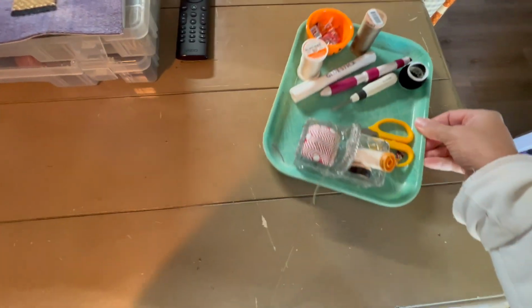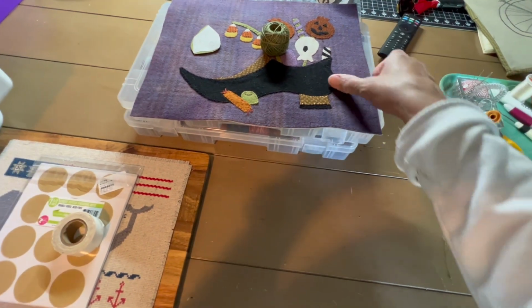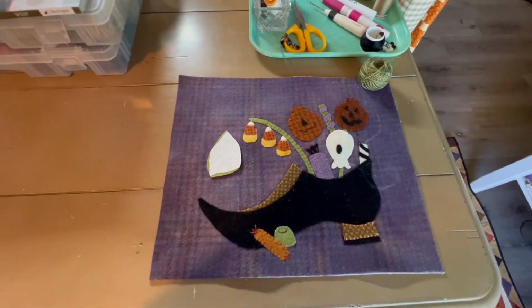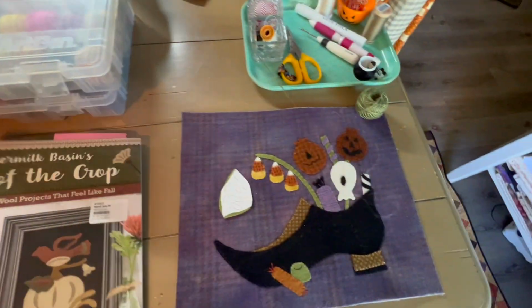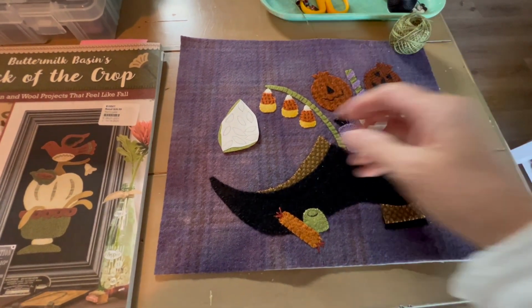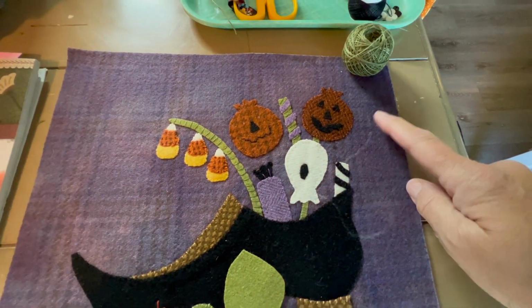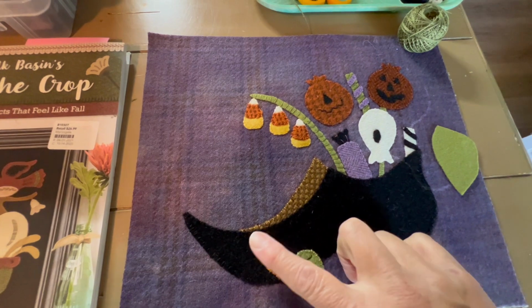So here's my little tray of just some supplies I'm using. Look at my little cup with the pumpkin face. Okay, so I've been working on this, and I showed this to you guys last time. I've trimmed it down just a little bit. It's my witch shoe that came out of this Buttermilk Basin book called Pick of the Crop. And I've almost done stitching it. I need to add some buttons for some eyes that I have. And I need to cut out my leaves. And you can see I have some vines drawn here that I need to put the leaves on. And that's all I have to do. I have to apply on those leaves. And I think I have a little bit of...